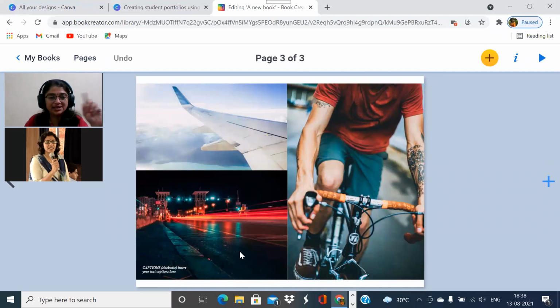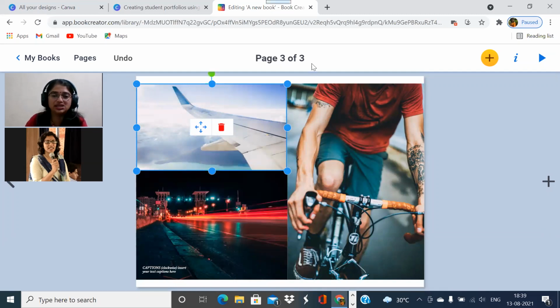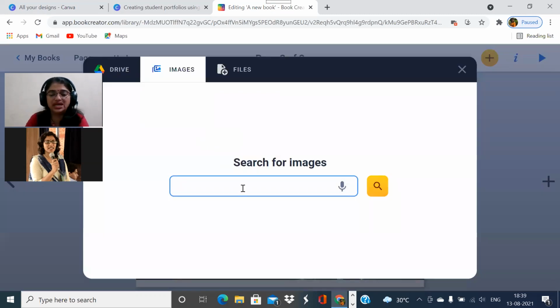So what I did in the book which I showed you was I just selected this one. As you can see, in the corners all the corners are locked. You can see a lock symbol over here. If you just right click this one, there is an option called unlock. Click on this one and it is going to get unlocked. Now delete this image. Then you are going to go for choosing the file. Click on this one, choose any file, maybe mountains or something like that. Click on this one.